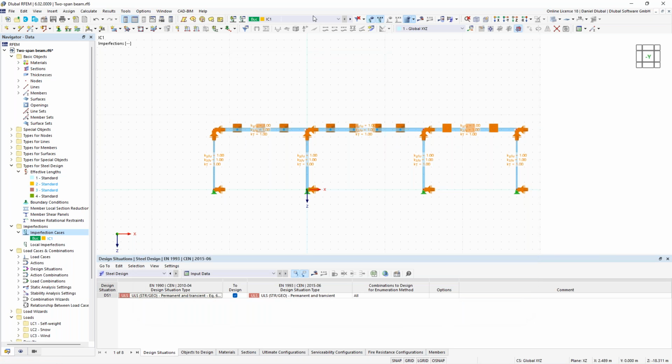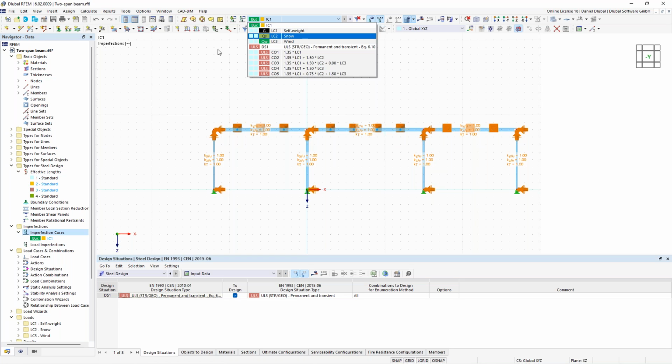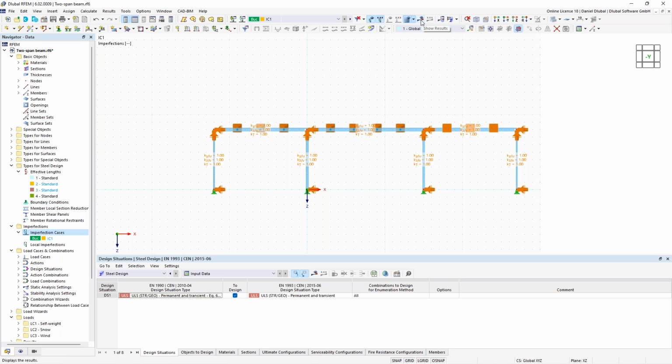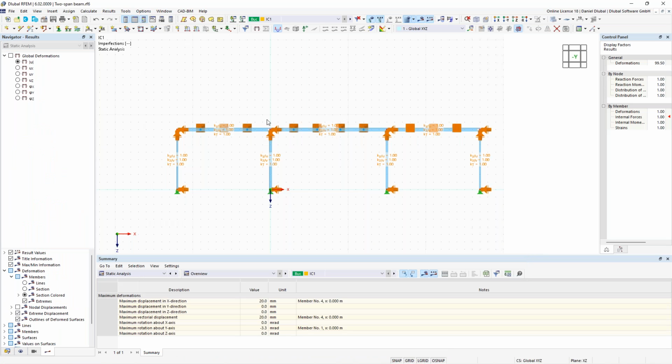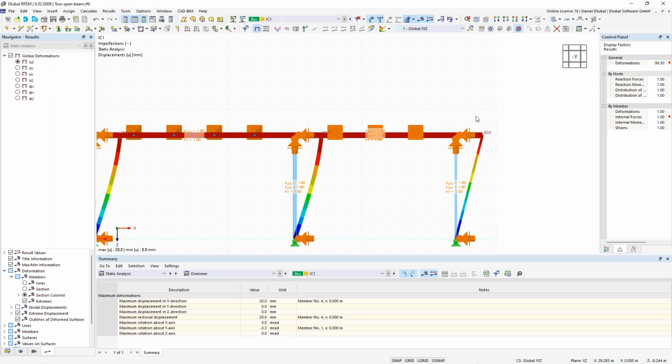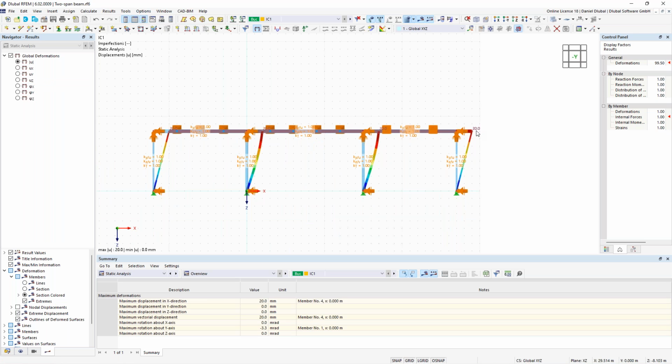I say okay. Now I see here this imperfection case, and I can also see the inclination of my structure. So let's show the results, and we say okay, the FE mesh nodes should be deformed by 20 millimeters. Let's take a closer look at the global deformation, and here we can see a global deformation of 20 millimeters. And now based on that, we refer to our load combinations according to the second order